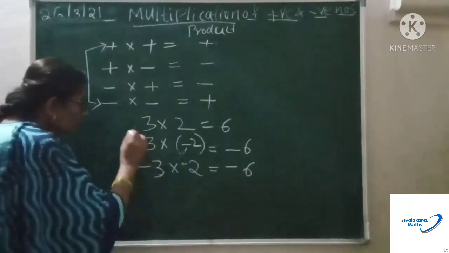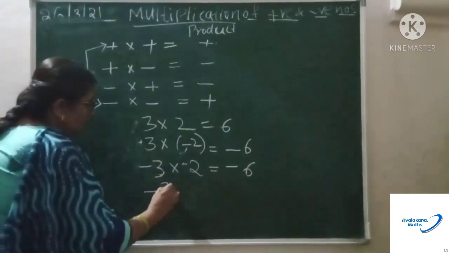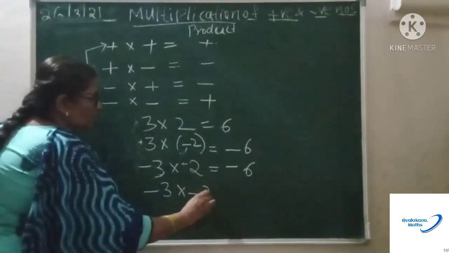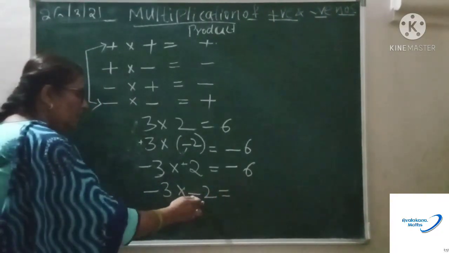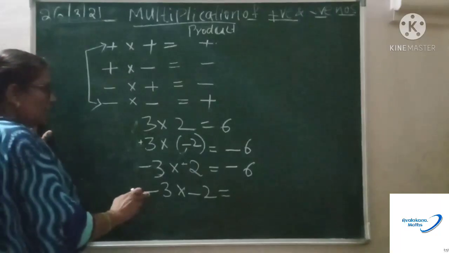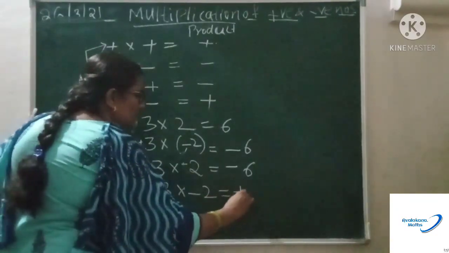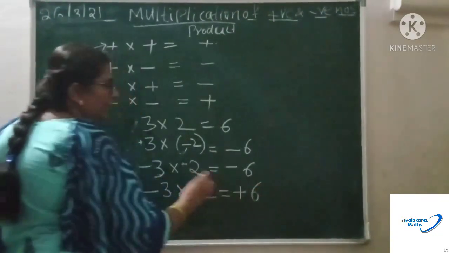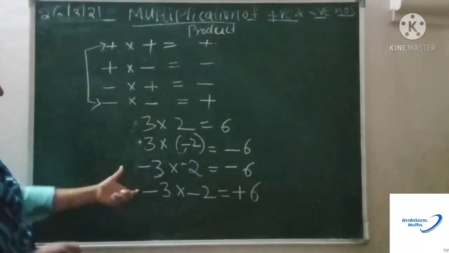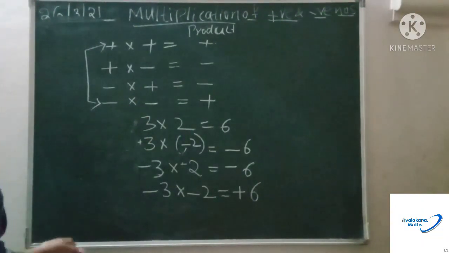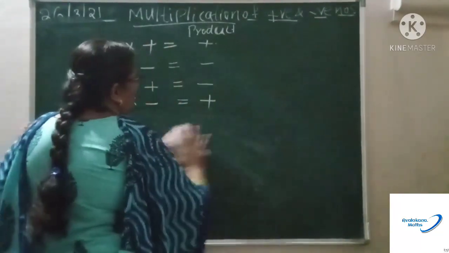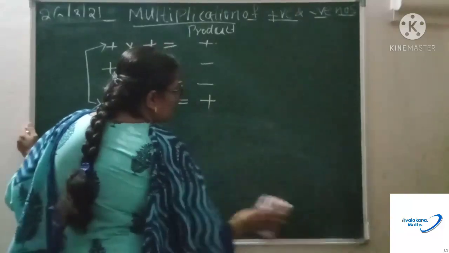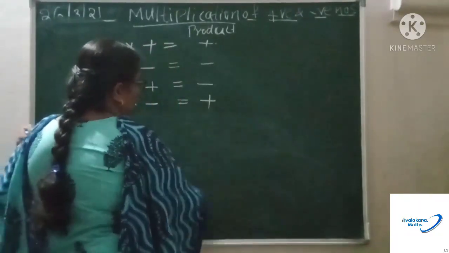So easy. Now the last one is minus 3 into minus 2. Very simple. Either multiply the signs first, then the numbers, and you get the result. Minus and minus is plus, and 3 twos are 6. Very simple. This way you can solve the numbers. If you are given a combination of positive and negative, this is the very basic thing, with only two numbers and different signs.